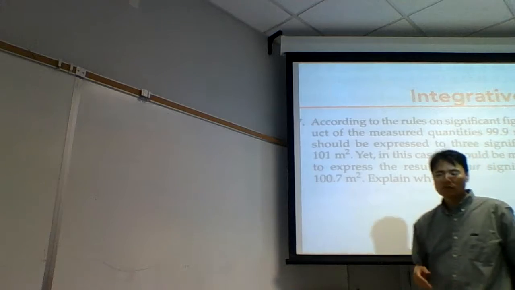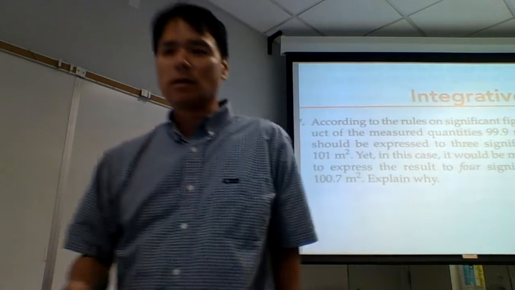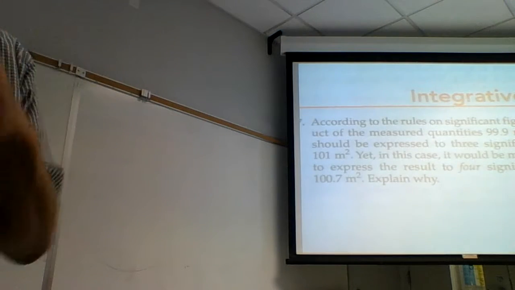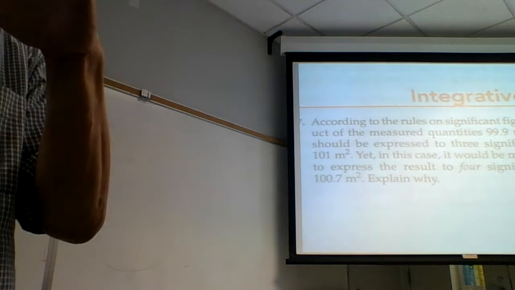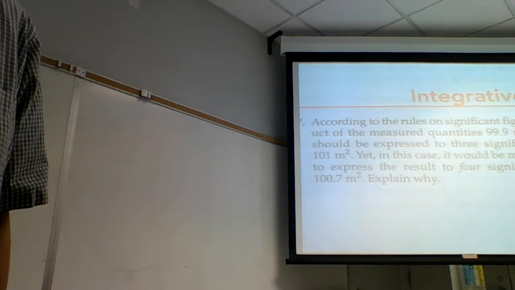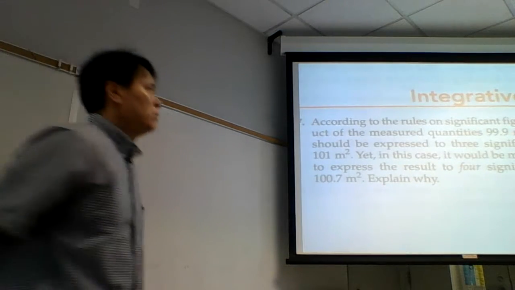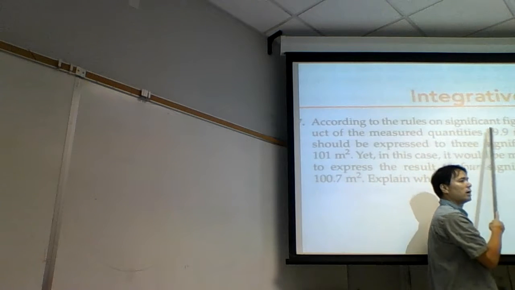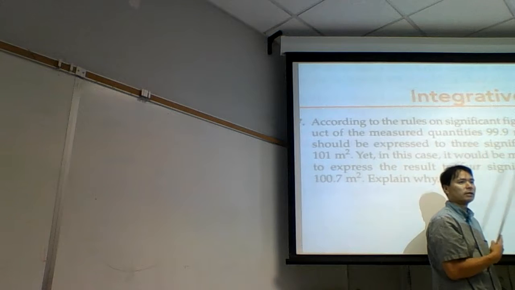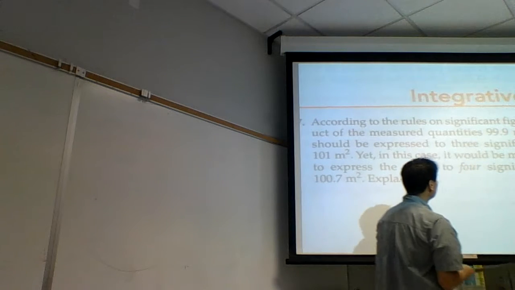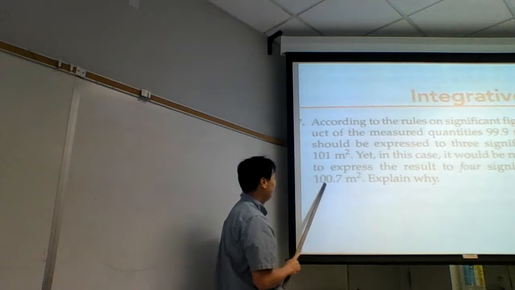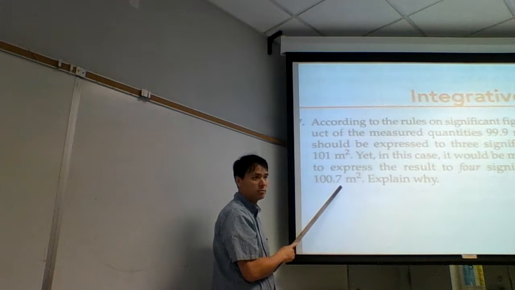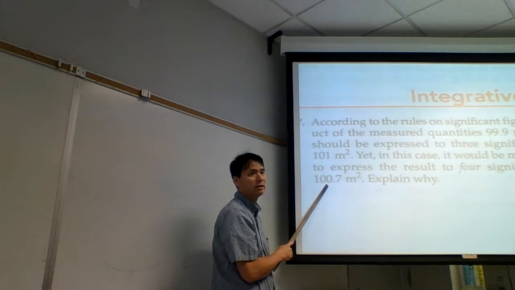In propagation of errors, we don't look at the number of sig figs. We look at what is very simple. The percentage error in each value is essentially what you're doing when you're doing all the mathematics for that. And so our rules are just 3 sig figs, 4 sig figs, so our answer should have 3 sig figs to reflect uncertainty. But when we do this calculation and we round it to 3 sig figs, 100.7 would round to 101 to 3 sig figs, but that doesn't accurately reflect it. In fact, that